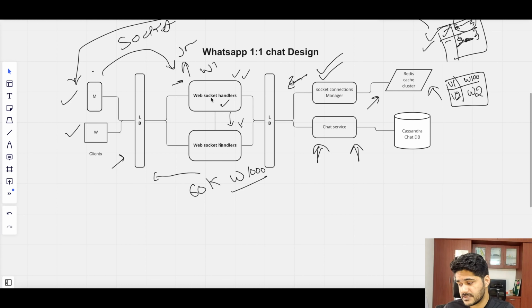To store those messages, we are using a database like Cassandra, because, like I said in the starting, there are a huge number of messages flowing in a day via WhatsApp. So to store that kind of data, and to query from that data,